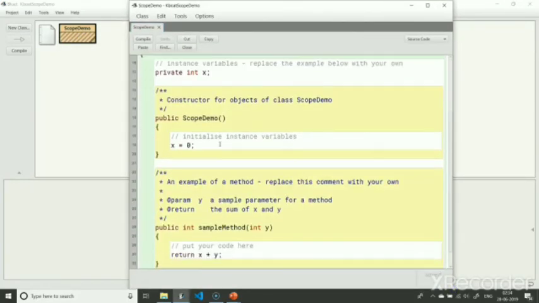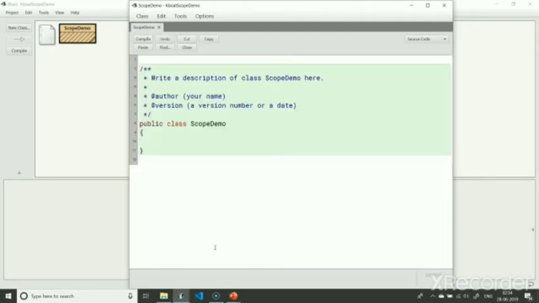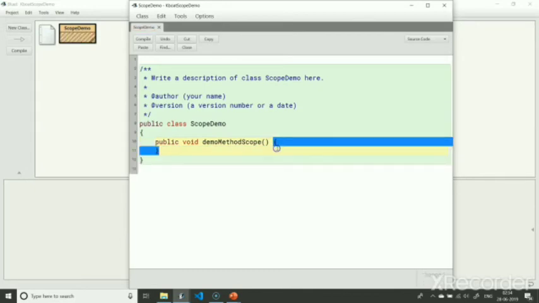Let me remove this auto-generated code here. Next, I will declare a new method, demo method scope. These opening and closing curly braces define the scope of the method.